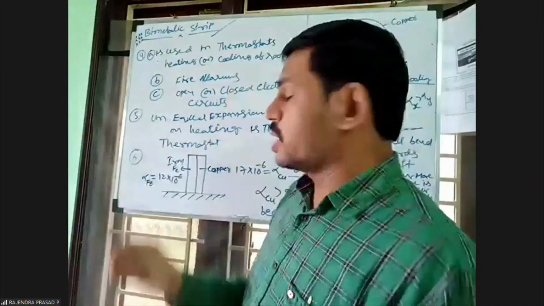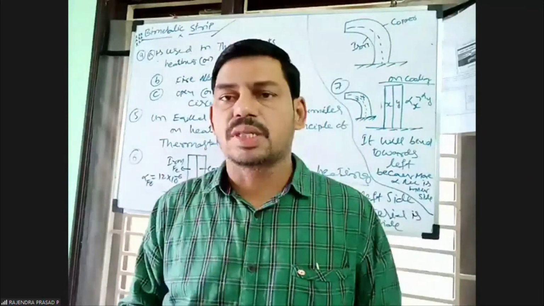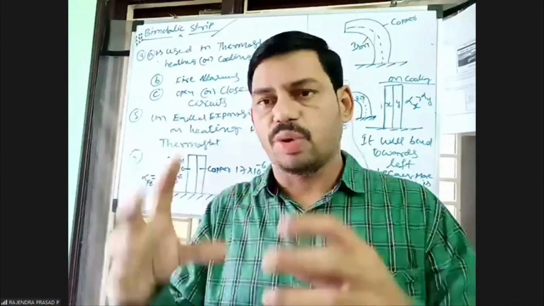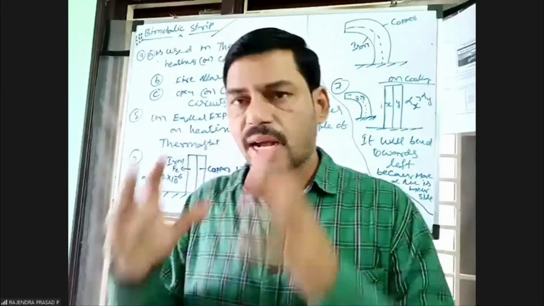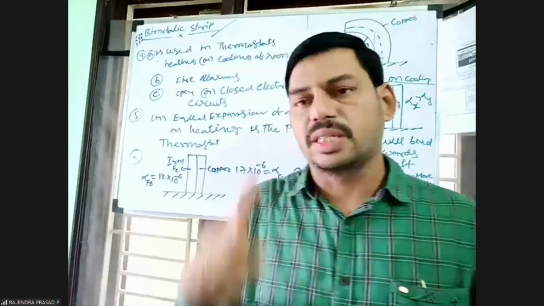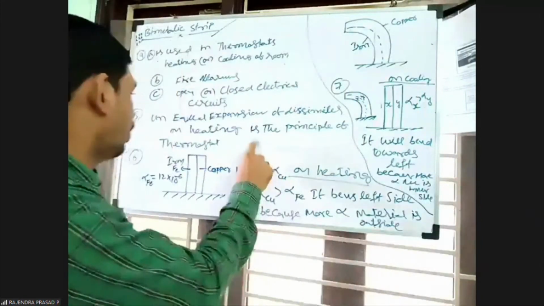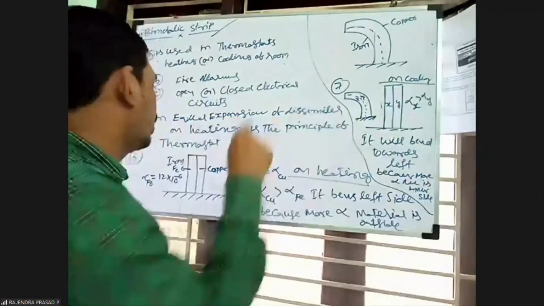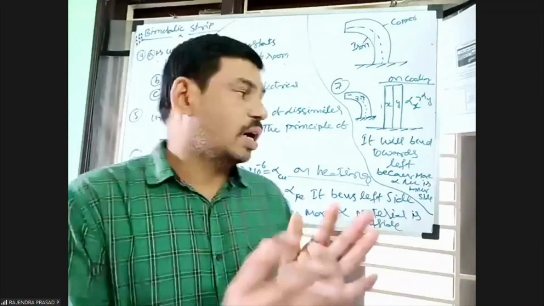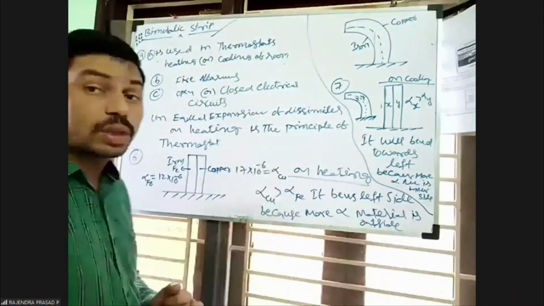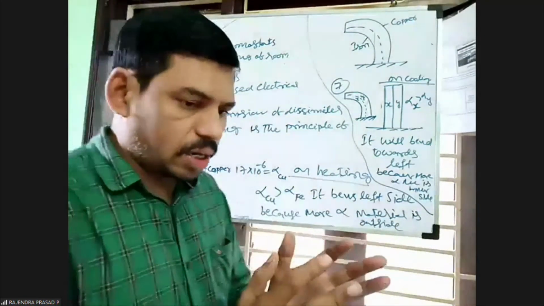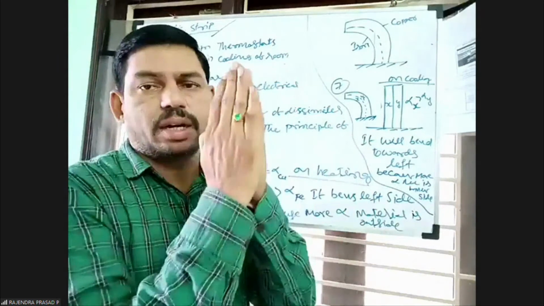So the bimetal strip is based on the principle of uneven expansion. Uneven expansion means different materials are welded together. This is a very, very important principle. Unequal expansion of dissimilar materials is taken, so it's called the principle of thermostat. So when copper and iron are welded together and placed in a vertical position,